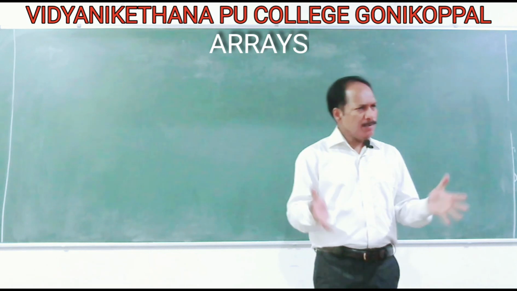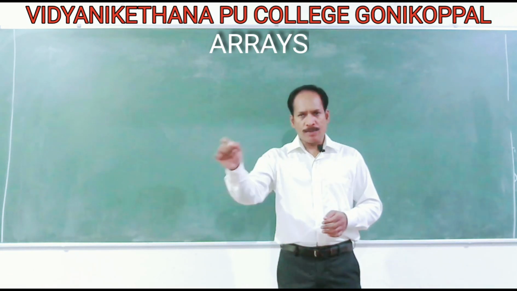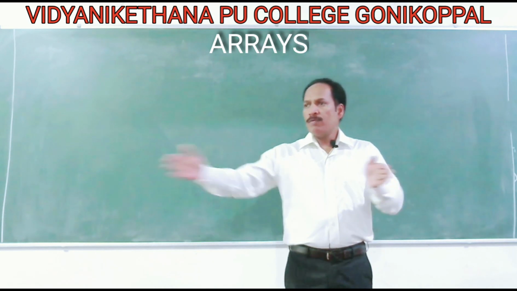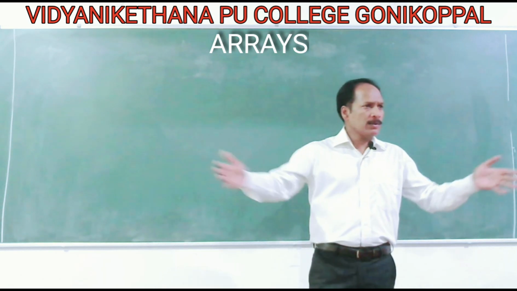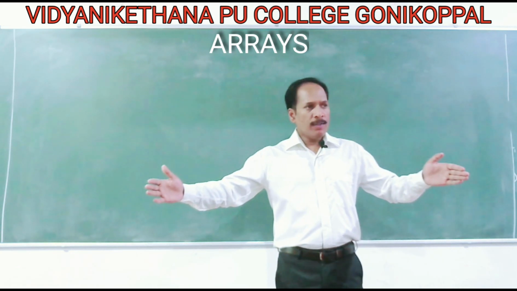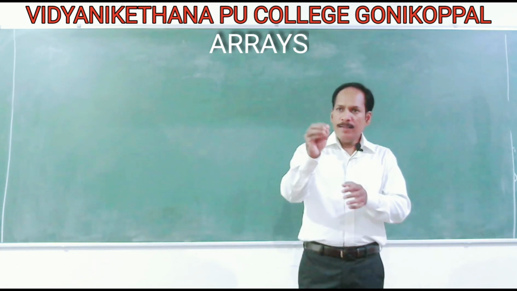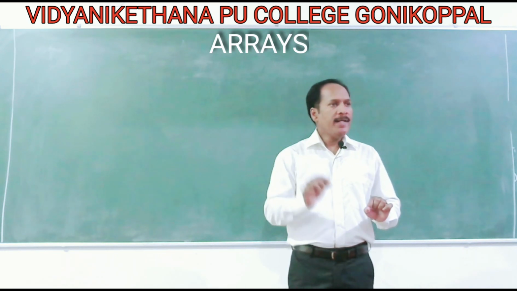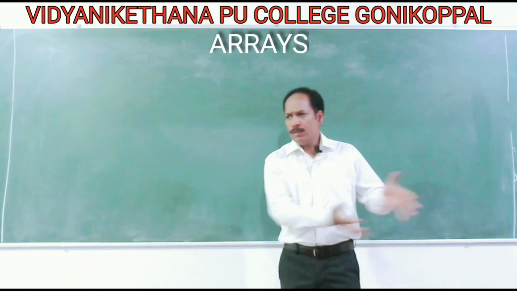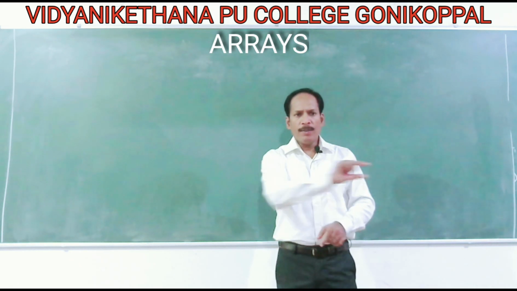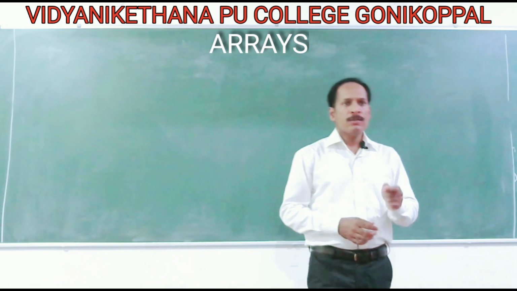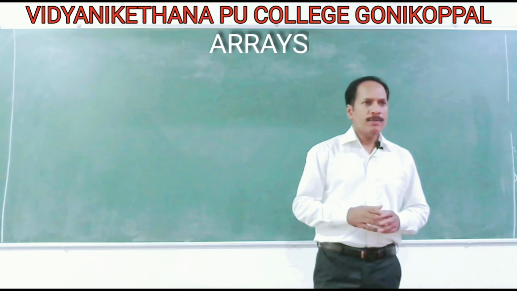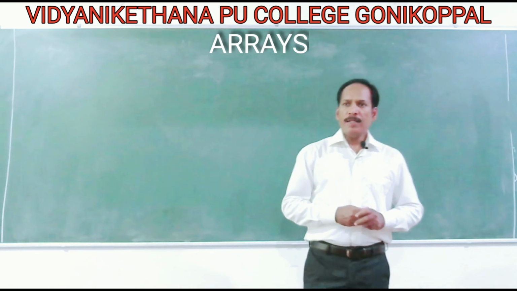Normally in one dimension, we use only one subscript to access. That's what I defined now. So we have a finite n number of elements, for example 20, 100, 1000, like this, of the same type. And each of these elements is stored in a consecutive memory location, and you can refer to them by indexing, maybe in the form of a row or in the form of a column. That is what we call a one-dimensional array. Similarly, we have a two-dimensional array, and then a multi-dimensional array.